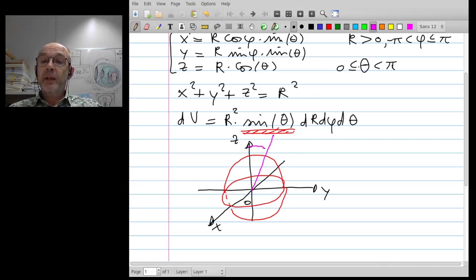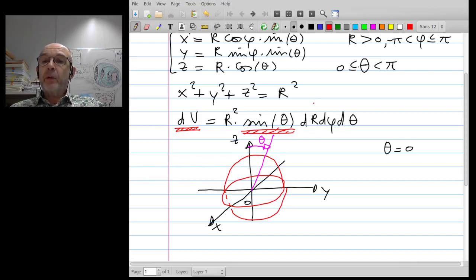So here you have your theta, and what do you see if the theta becomes 0? If the theta is 0, and you make a little step in the r, phi, and theta direction,